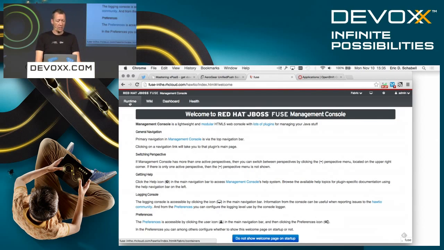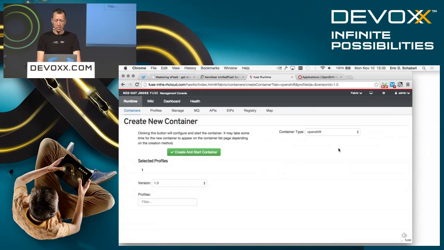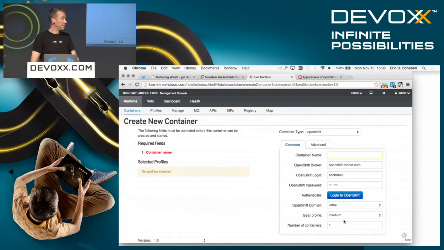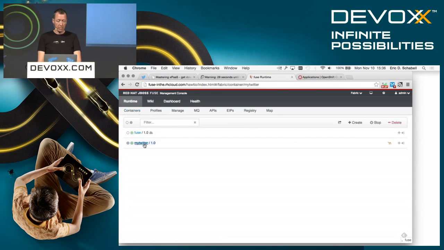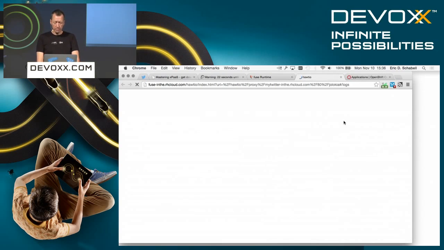And you see, come in here and we have a runtime. When you come in, your runtime will be empty and you'll have to create a new container. You'll do this, and you'll add your container information in just like there. Now he's added in my login and stuff because I put it in one time already. So I'm not interested in actually creating this. I have my Twitter done already, and I attach it to a Twitter profile. When you open that up,